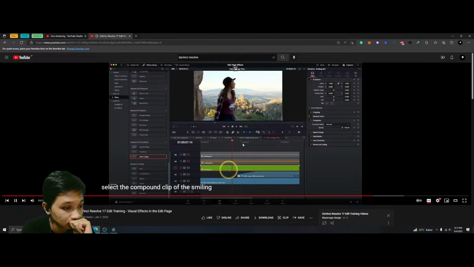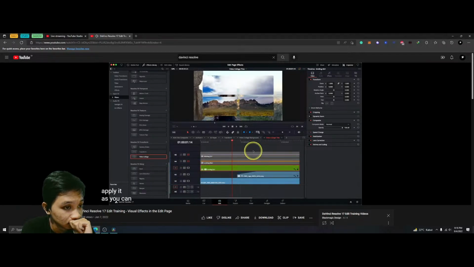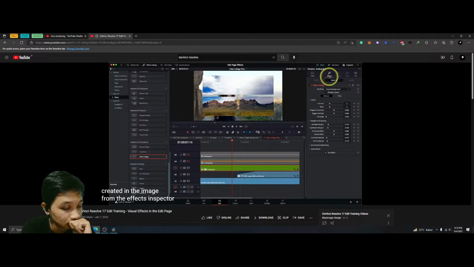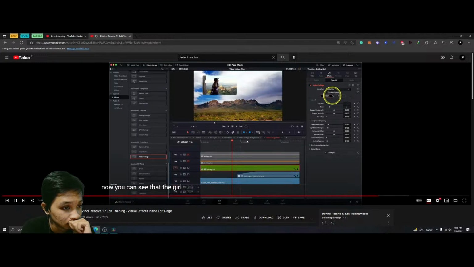Select the compound clip of the smiling girl and double-click the video collage to apply it. As you can see, the background is now viewable through the matte holes that are created in the image. From the effects inspector, change the workflow from create background to create tile. Now you can see that the girl is actually composited as a picture in